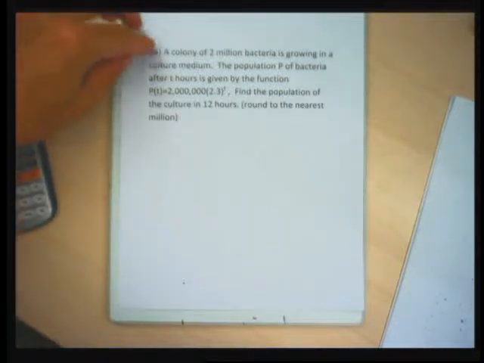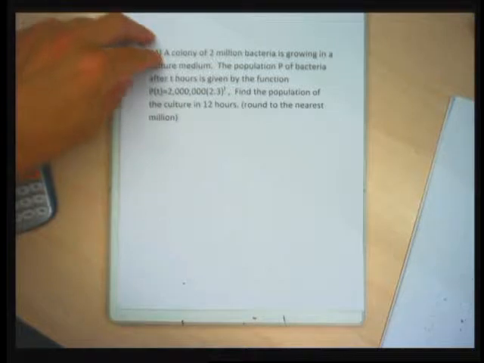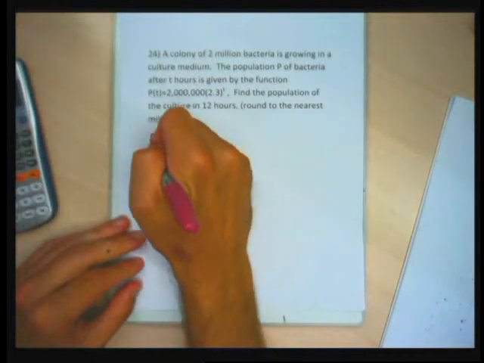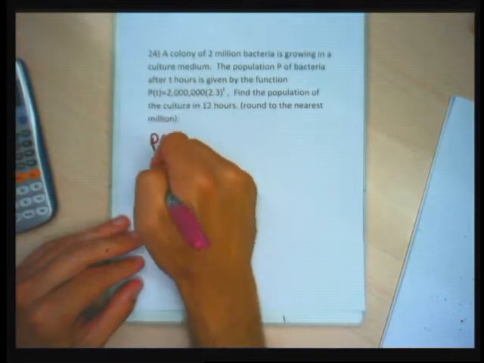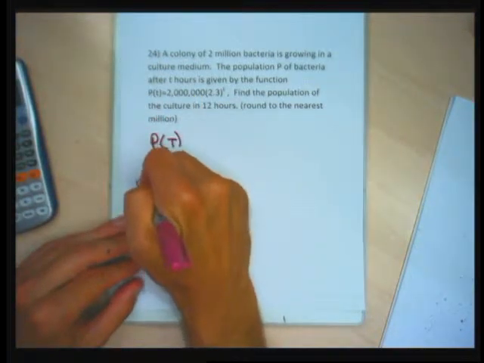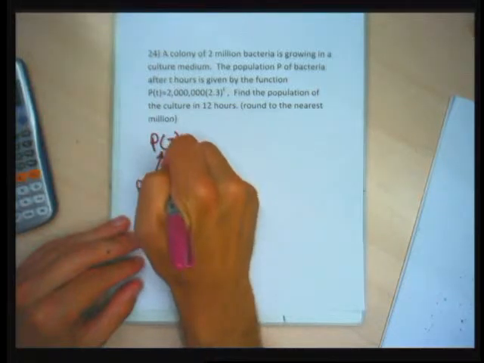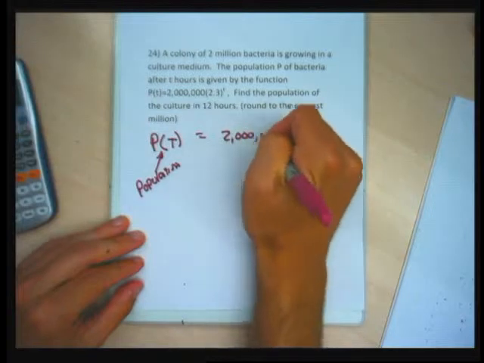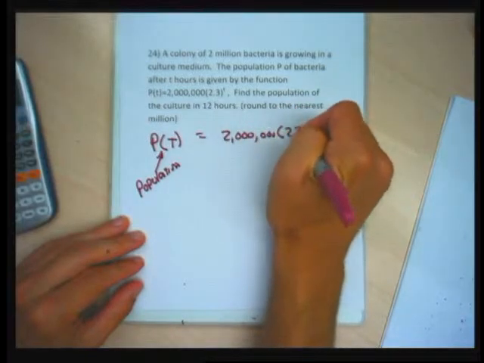It talks about there's a colony of 2 million bacteria growing in a medium. The population after t hours is given by the function. So this function, p of t, this stands for the population, or the number of bacteria, and then equals 2 million times 2.3 to the